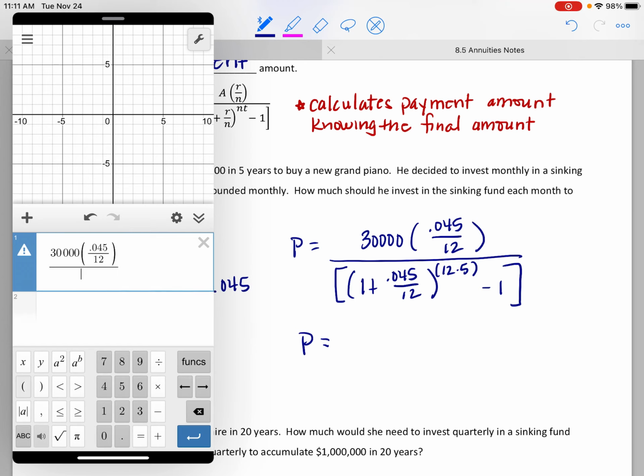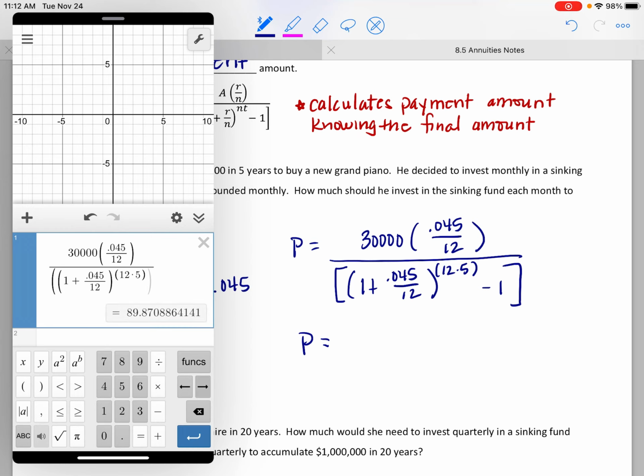Close that one off, and then on the bottom, parenthesis, 1 plus 0.045 over 12 again. Let's get out of the fraction, close that parenthesis, raise it to the, in parentheses again, 12 times 5 power, close that, get out of the exponent, subtract 1, and close the last parentheses. And there it is,